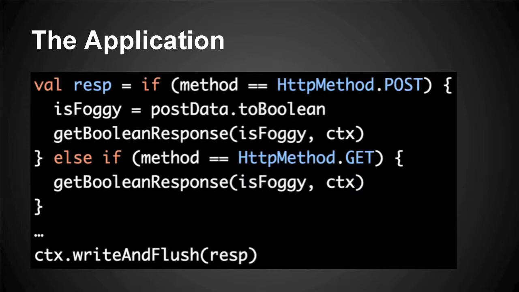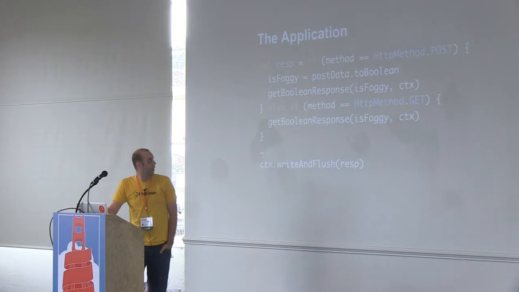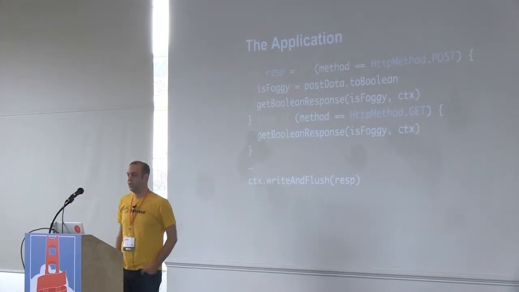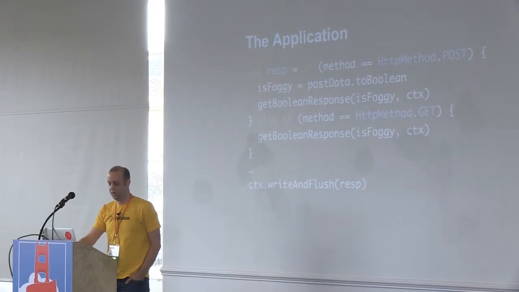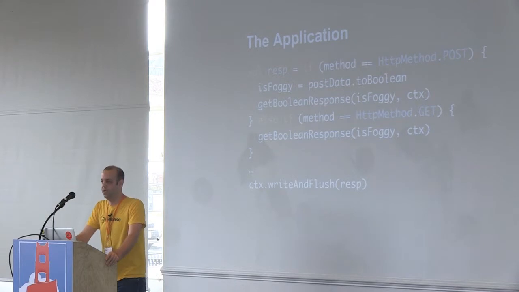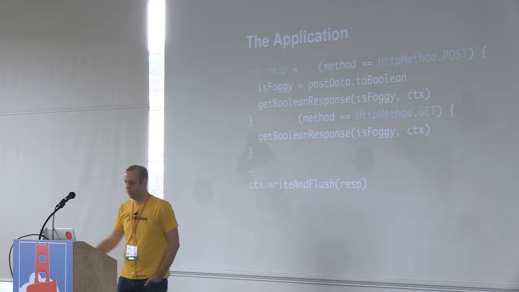So we're going to use a Scala object, a singleton that's just wrapping a Boolean value, the isFoggy value. And we're directly dealing with our HTTP request. We're saying, OK, if it's a GET, just render a response that includes that Boolean. If it's a POST, update the state, and we'll respond with the current state as well.